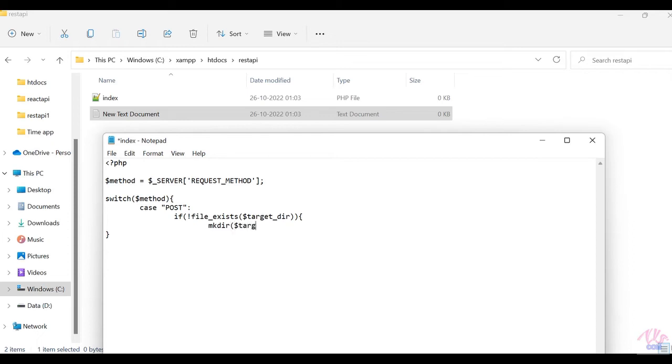If the target directory is missing, then we will create a directory using this code.